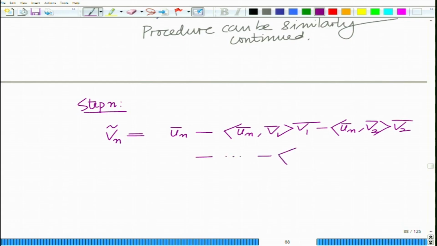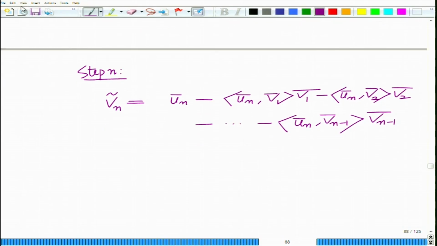The last one is you remove the projection along Vn minus 1 bar. And finally, we have Vn bar